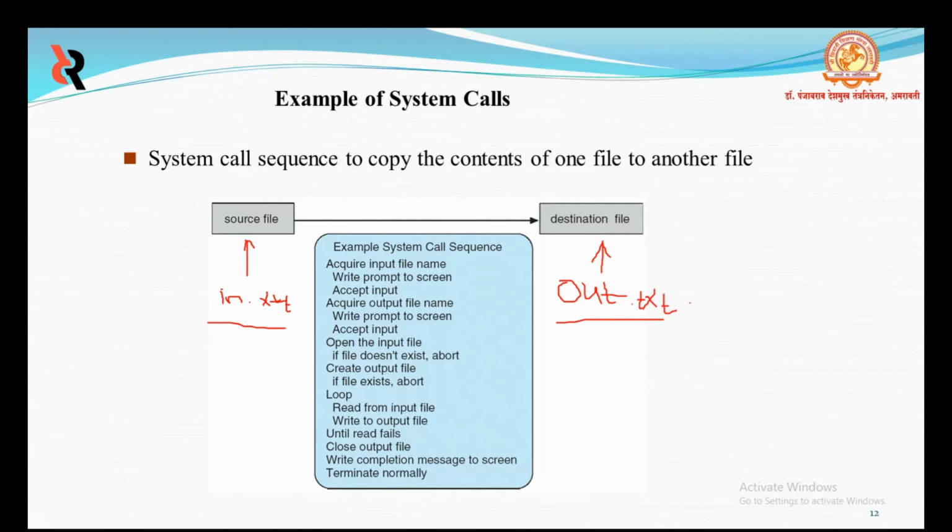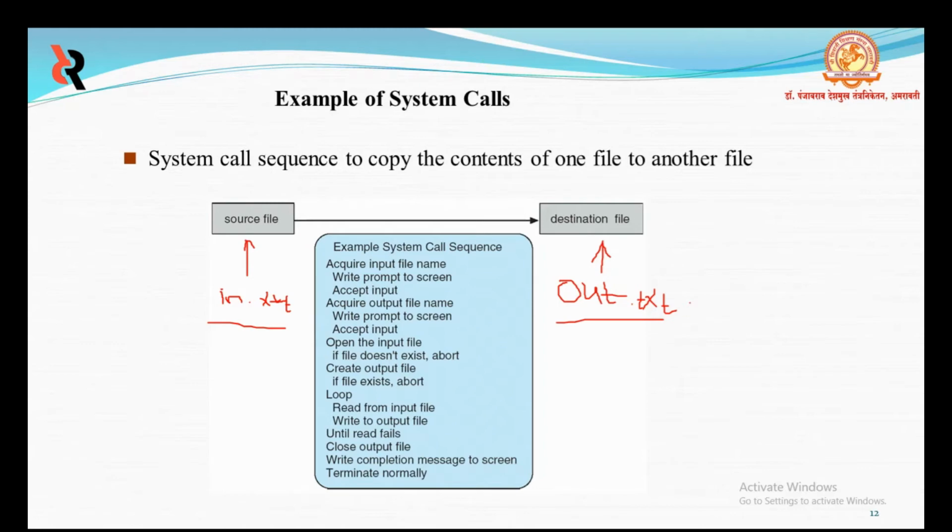These names can be specified in many ways depending on the operating system design. The txt is the common text file that may be used in all types of operating systems. One approach is to pass the names of the two files as part of the command. We can implement the command to copy the contents of this file into this file. We have decided on two file names, in.txt and out.txt.